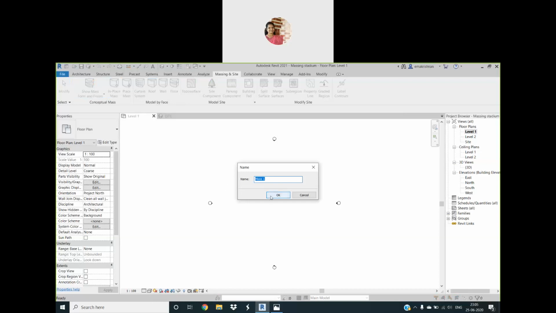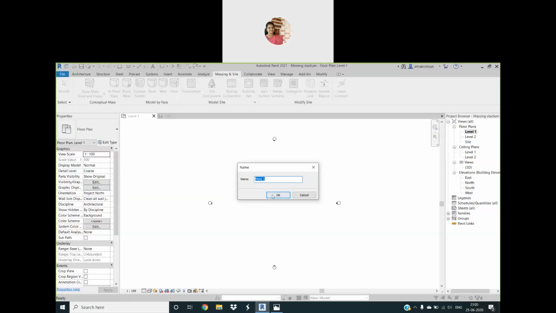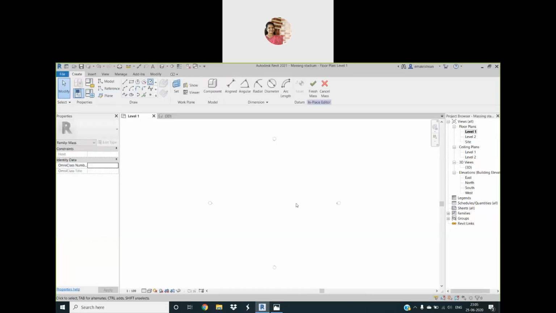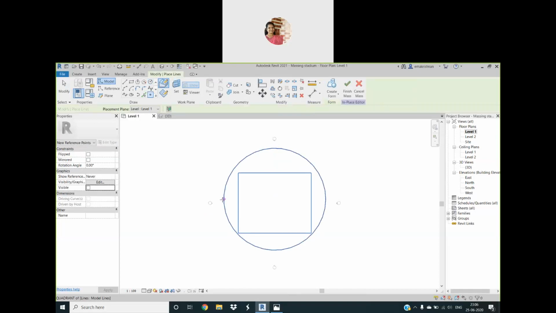As we found, this is the circular stadium and the cross section profile is the same throughout. So what we have to do is create a circular path and the cross sectional profile, then we can ask Revit to develop the form. Let us see that. Let me go to the circle and here it is. Let it be 20-meter radius.